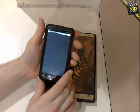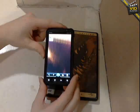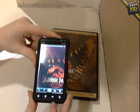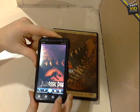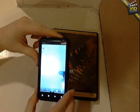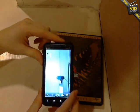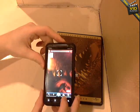I might edit it in to show side by side with the other footage that I had, but as you can clearly see, that is using the rear facing camera. And I press the button here and it shifts into the front facing camera. That was not happening with the other one. It was definitely not. The thing that it was doing with the old one, if you go and look at the other video,